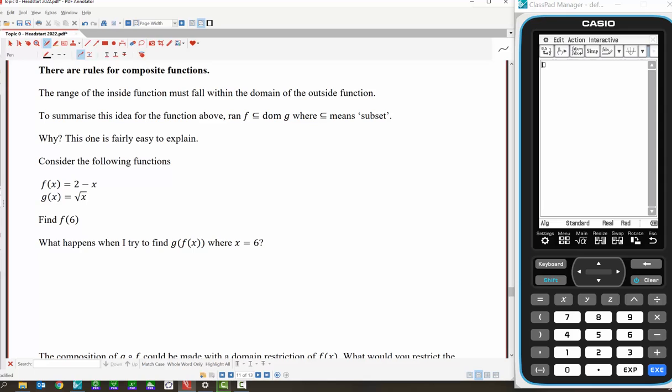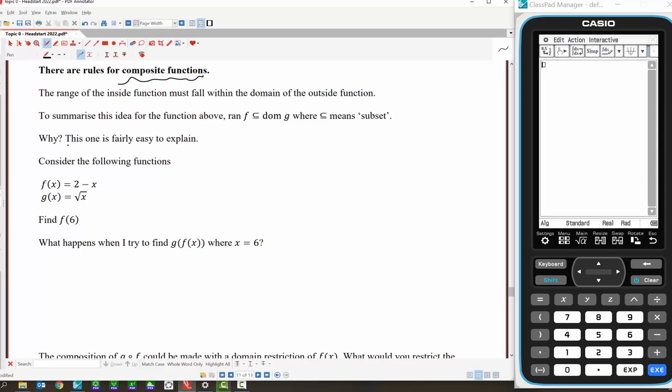So when we're composing functions, there are some rules. The range of the inside function must fall within the domain of the outside function. Or to summarize the idea for the functions above, the range of the function f must be a subset of the domain of the function g. So why is that a rule? Well, let's check it out with this example and see why we need some rules